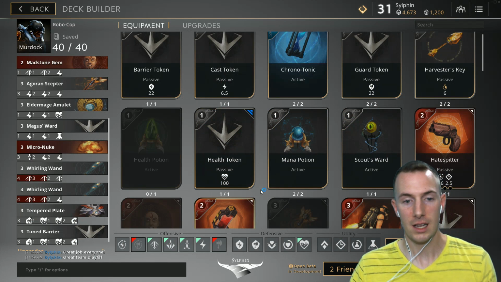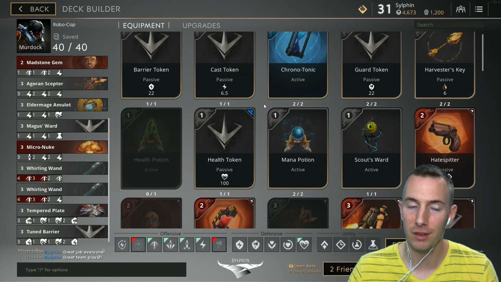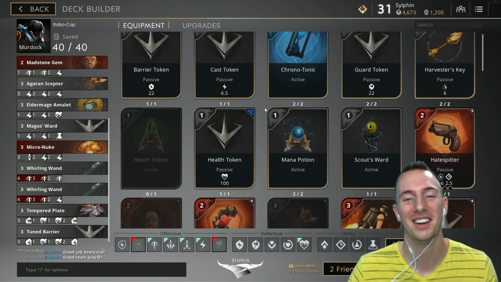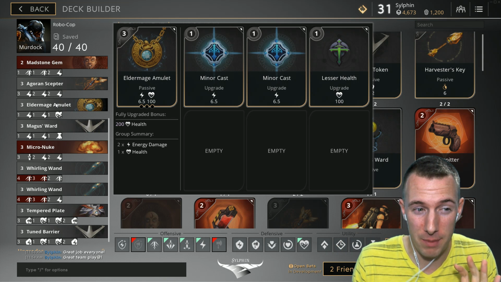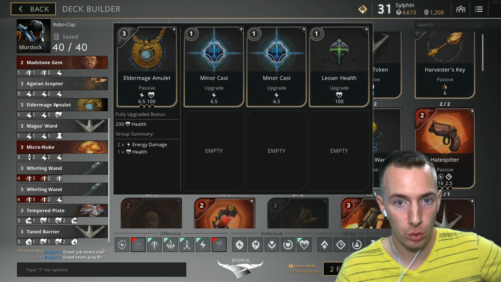Alrighty. So here is the build, ladies and gentlemen. Finally corrected my notes and made sense of it. I just made it yesterday too, so it should be in my brain, but I've made a lot of builds recently. Starting off with the Eldermage Amulet. Might not be for everybody, but with his E and just playing smart,